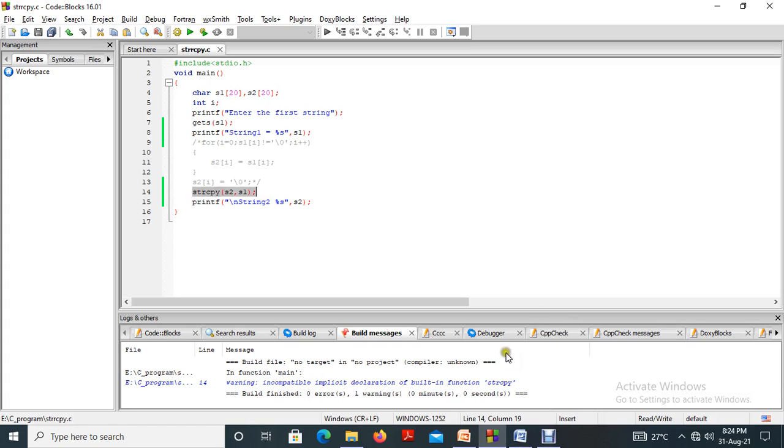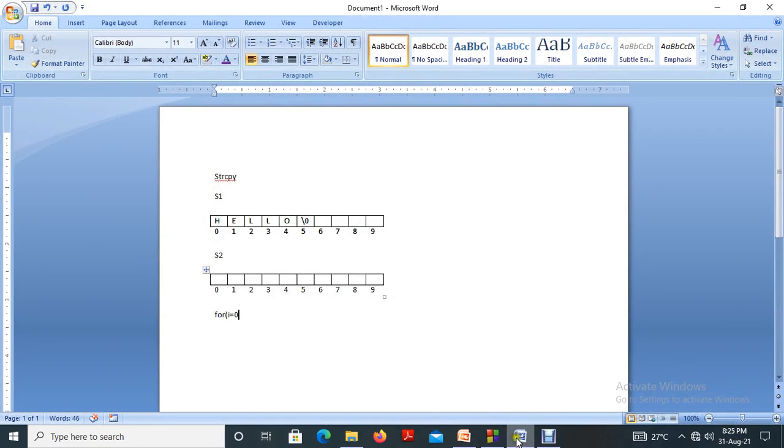Okay, so we are going to discuss how it happens. Okay, here we have two strings, s1 and s2. Okay, so I am giving the value in s1, that is hello, that is stored like this, and this is the second one. How will we copy this one to this one? So in a normal one-dimensional array, how can we do that? So first step is to identify the end of the string. How will we identify the end of the first string? We all know that every string ends with a null character.